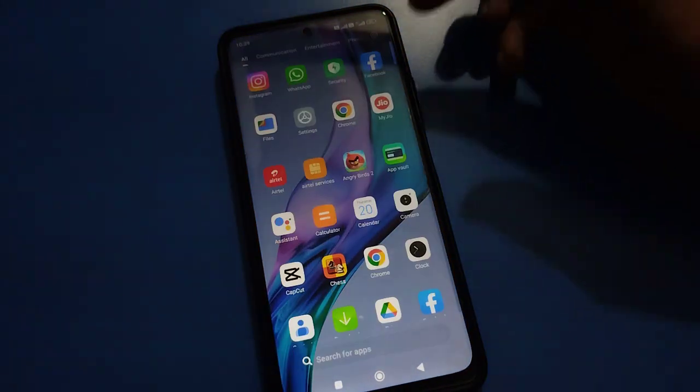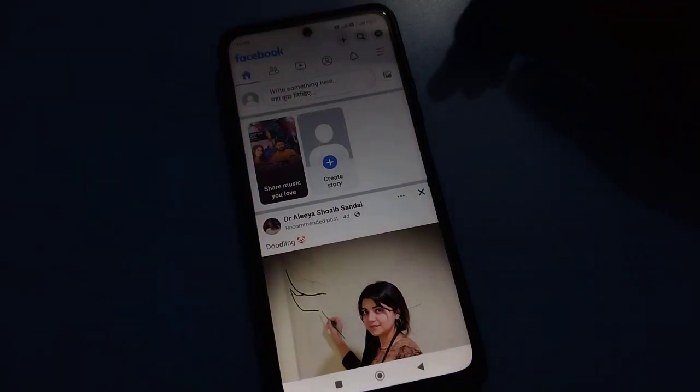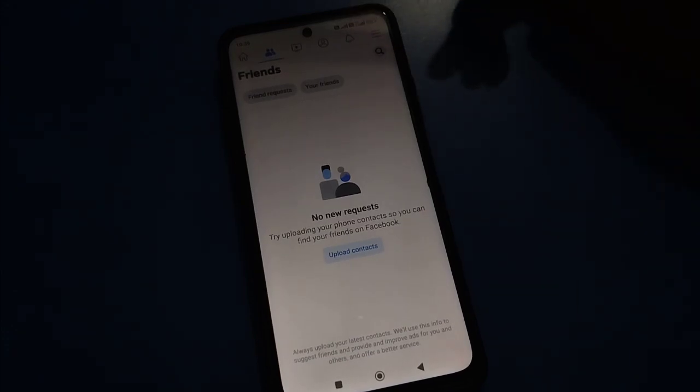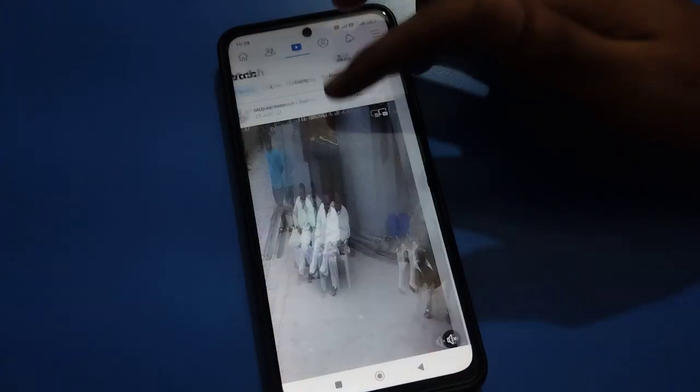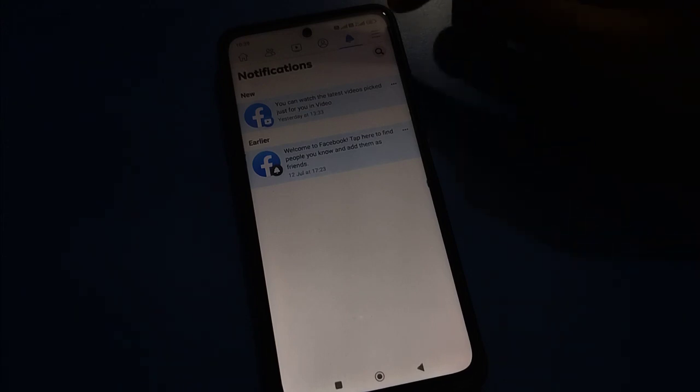So friends, first of all we will open the Facebook application. After opening the Facebook application, friends, you can see this type of interface on your Facebook application. So friends, you want to use Facebook application tag notification. You want to use it when someone tags you and you want to get a notification. So how to turn it on? If you tap here